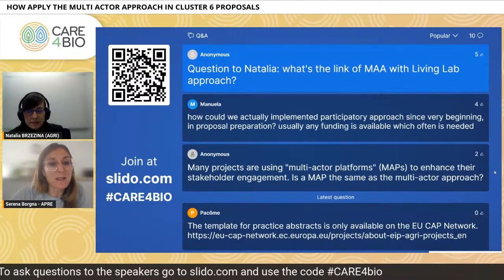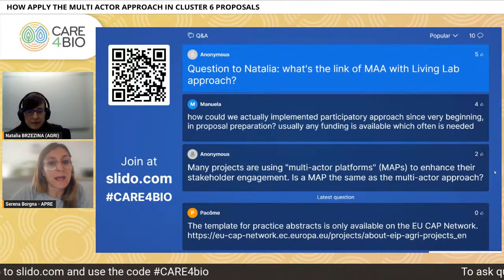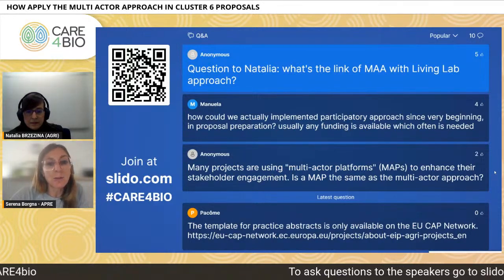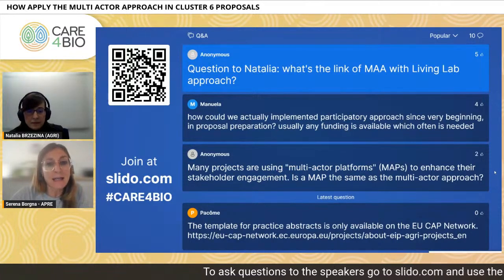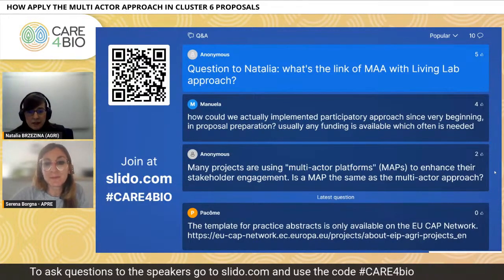So there is this question that says many projects are using a multi-actor platform to enhance their stakeholder engagement. Is a multi-actor platform the same as the multi-actor approach? I would say that